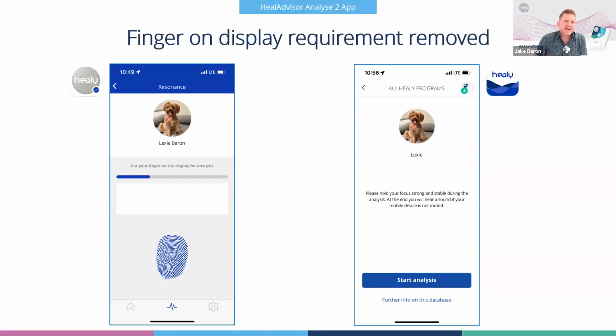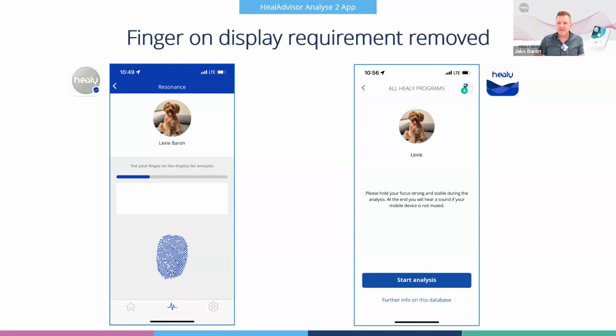If you have your phone on silence, it won't come on. I actually have my phone usually on silent too, so I don't really hear it. But if you do have it on, you'll hear a sort of chime sound at the end. So yeah, it's a different process.